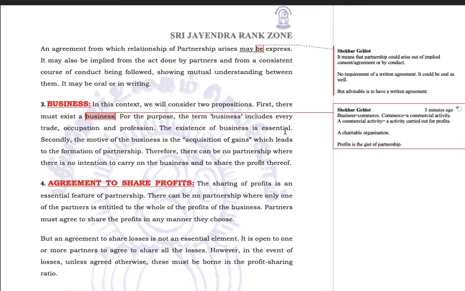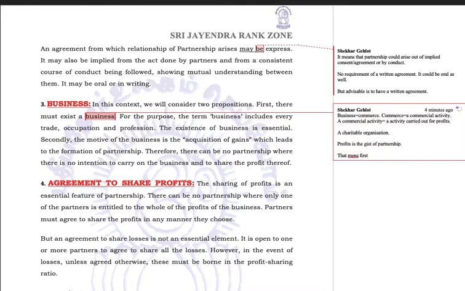The existence of business is essential. Secondly, the motive of business is the acquisition of gains, like we just discussed, for profits, which leads to the formation of a partnership. This intention, okay. Now, secondly, the motive of business is the acquisition of gains, which leads to the formation of partnership. That means,